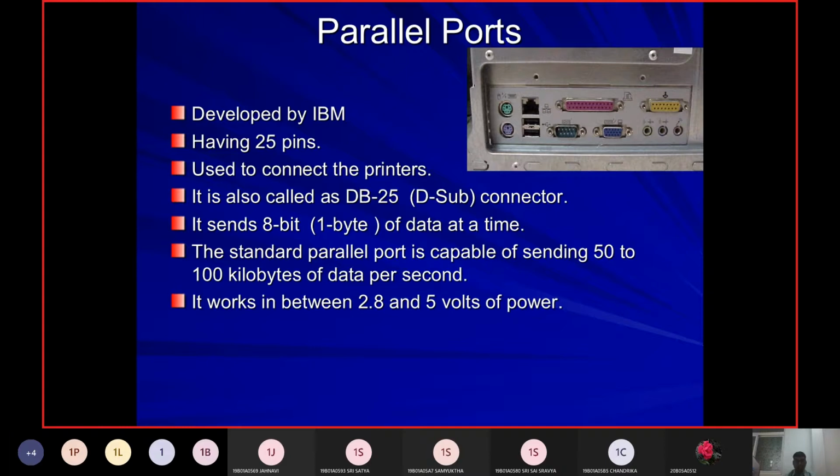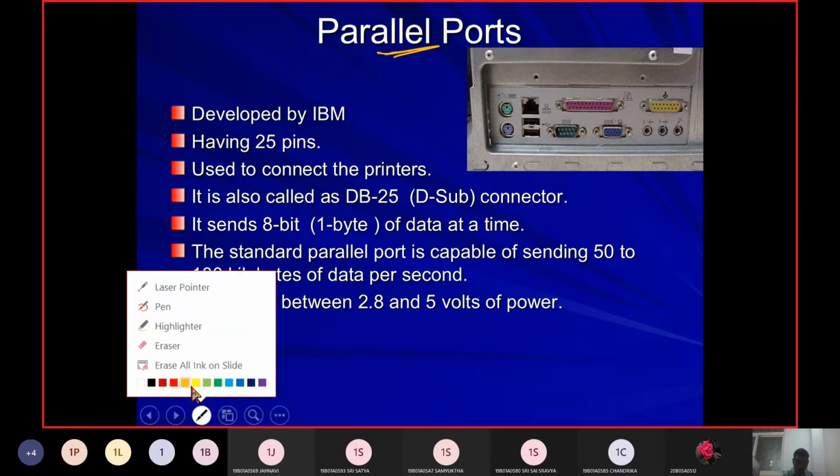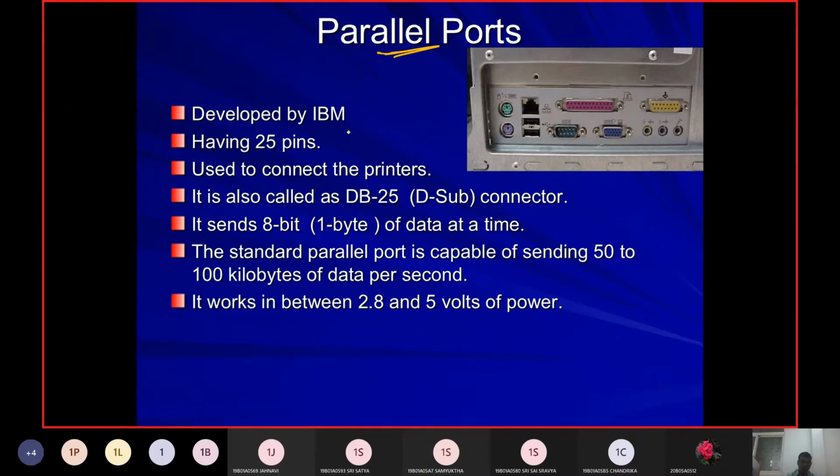And next we do have this parallel port. Coming to this parallel port, we have the flexibility to connect a printer via the parallel port, and it is going to have 25 pins.